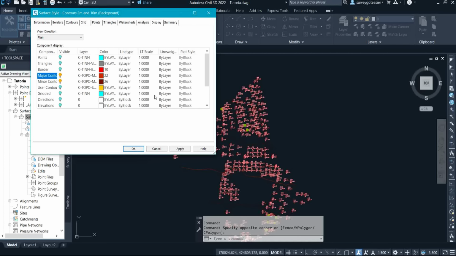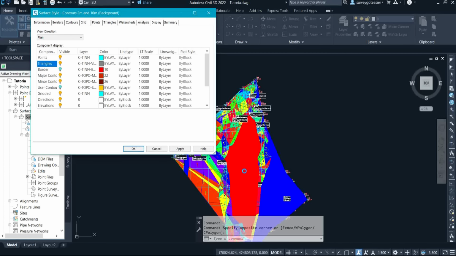We also have some other things on the screen that we can turn on. We have the watershed, we have the slope arrow, we have the slope, elevation, directions, grid, and every other thing. By the time you turn it on, you're going to see the points, triangles, all those things. When you turn it on for the surface, you're going to see everything on the screen. It's going to display for you. By the time you turn it off one after the other, it's going to be reflecting on the screen, and you're going to know what each of the points, each of the globes you turned on is standing for. What it simply means: